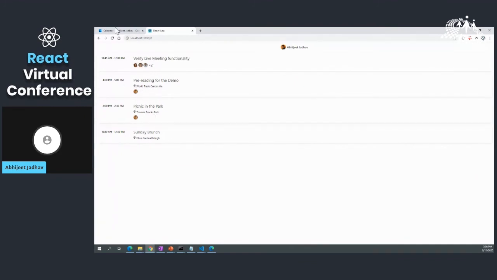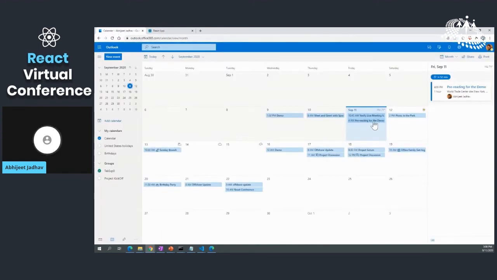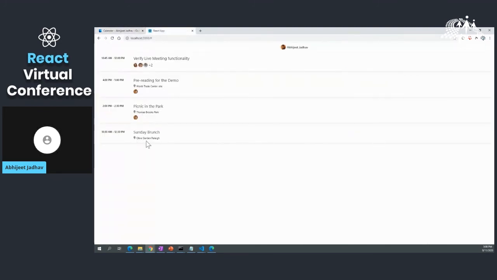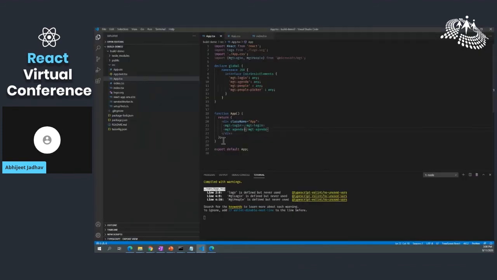Okay, so these are the 4 events which I have created in my Outlook. For the next 3 days, what all events are available, all those events are displayed on your screen with just one line of code, which is this. You just write MGT agenda, and then it is displayed on your screen.